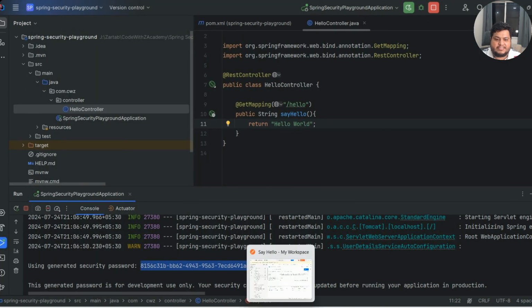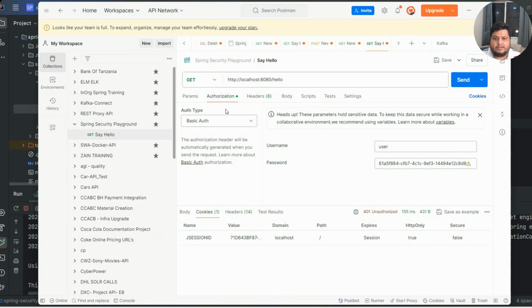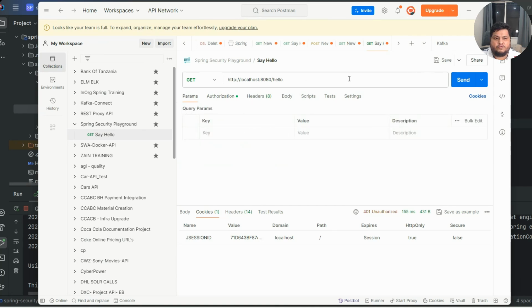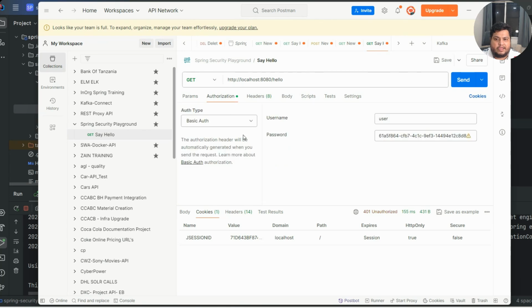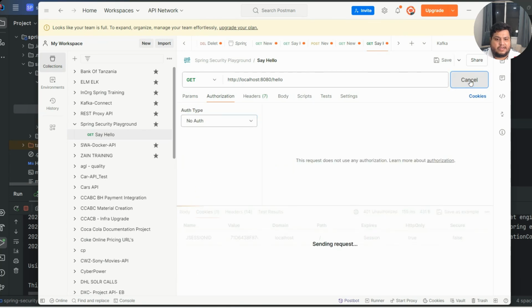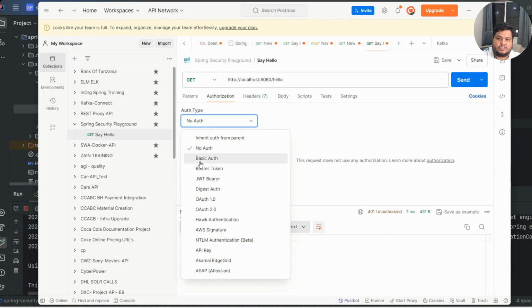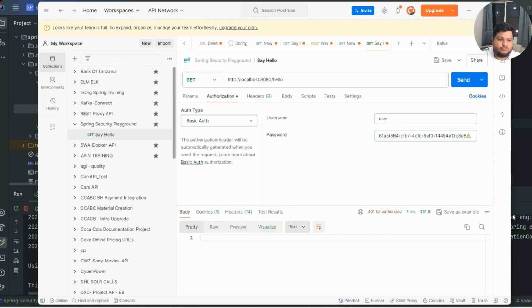If I try to access the same thing using Postman, see, I have called the same implementation. What you need to do is I'll start from the beginning. Let's say you want to call hello, and I say NoAuth, and I send. So initially it is saying 401 Unauthorized. The reason being the same thing is also required from here. What you do in your authorization, you select basic authentication. Username is user,